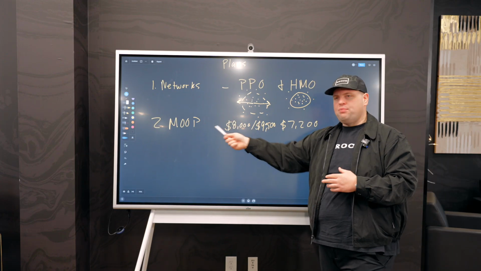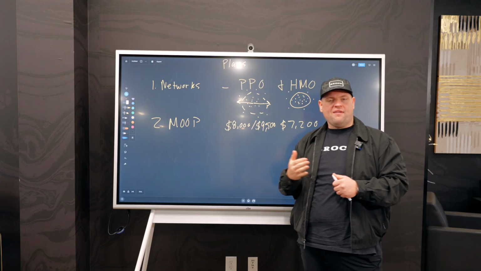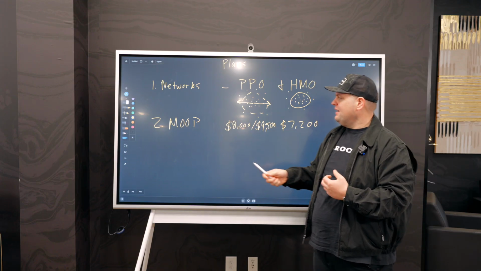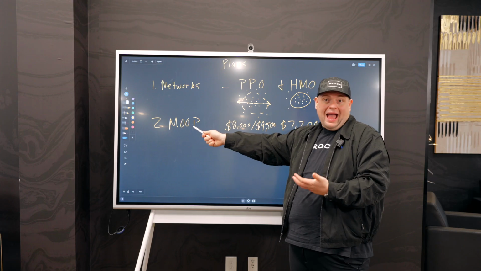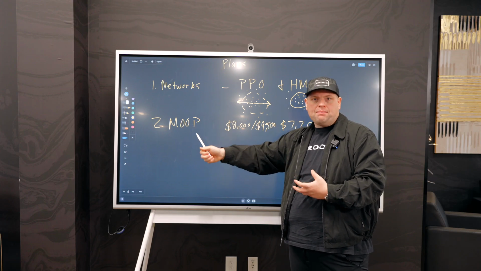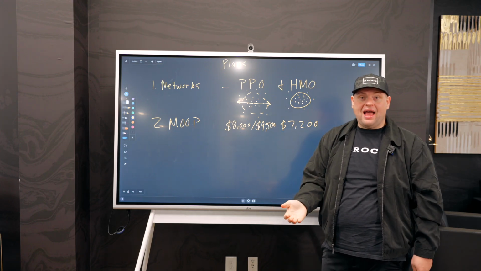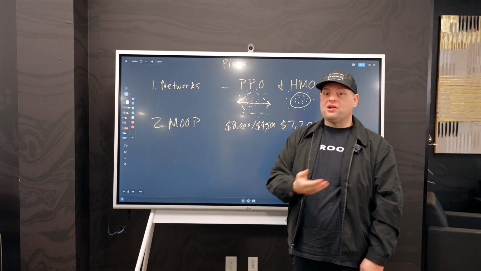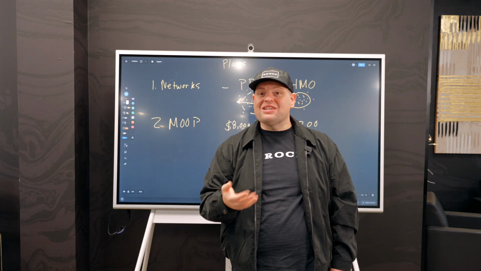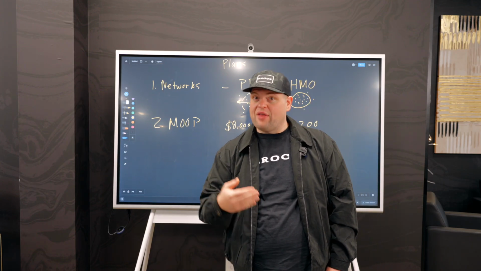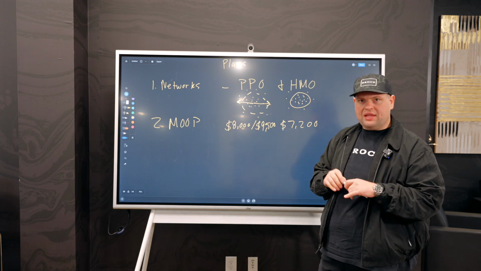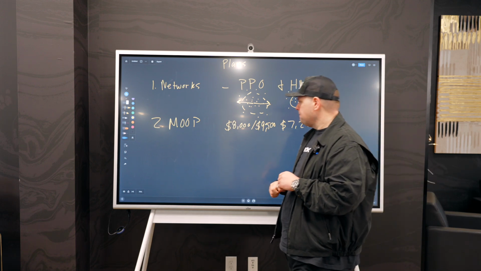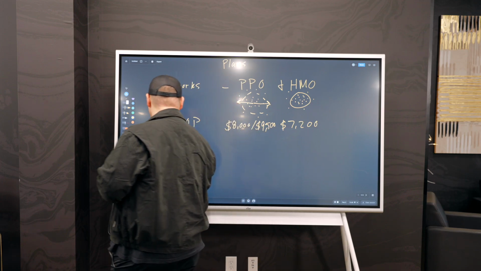But why is this important in considering what Medicare Advantage plan is right for you? Well, I need to go with a plan that I feel comfortable with my cap, my stop loss, my maximum out of pocket. If I see a plan that has a $5,000 maximum out of pocket compared to an $8,000 maximum out of pocket, that is something I need to consider. Now, there are some other things that you need to consider too. We're going to keep talking about that, but it is certainly something that needs to be a part of my decision making. Number three here,